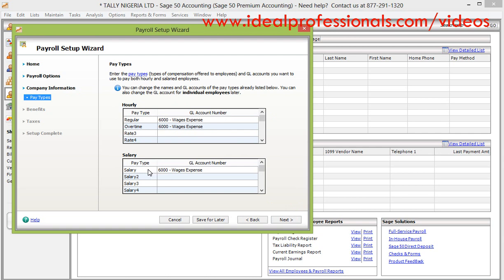So we double click on salary. Now to enter the different kinds of pay types, that means I will say basic, housing, transport, utilities. So I'll enter utilities. I'll enter the first one as basic, capital letter, basic. And I'll now select